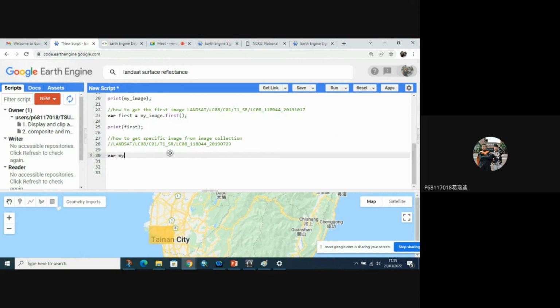So for my list, list image equal to my image convert to list. My image dot size. Yeah, this one will convert your image collection to a list.